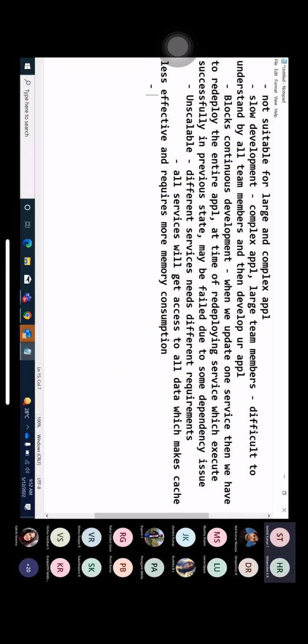The next drawback is we call it unreliable. And what is unreliable now? As I already told before, in the case of your e-commerce application, you have customer service, product service, card service as well as payment service. So consider that there is a problem in the payment service. If one service goes down now, will other services be working? No, it won't be working, because we are putting everything into a single application. So if one service goes down, then the entire application will